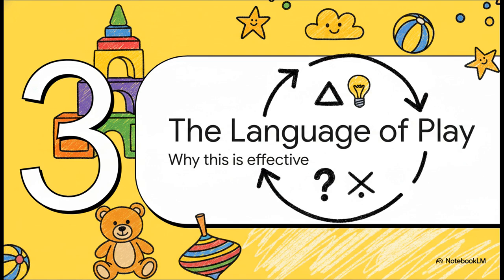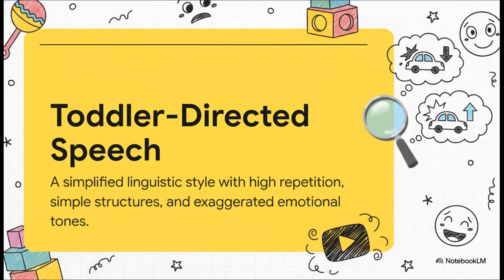So the big question is, why is this simple little loop so darn effective? Well, the answer has absolutely nothing to do with sophisticated storytelling. Nope. It's all about how the mind of a toddler works. So this script is basically a perfect blueprint for what linguists call toddler-directed speech. It's language built for a mind that's just starting to figure things out. You've got extreme repetition, super simple cause and effect, and these massive emotional swings from, oh no, to hooray. All of that is incredibly easy for a young kid to process and, well, latch onto.